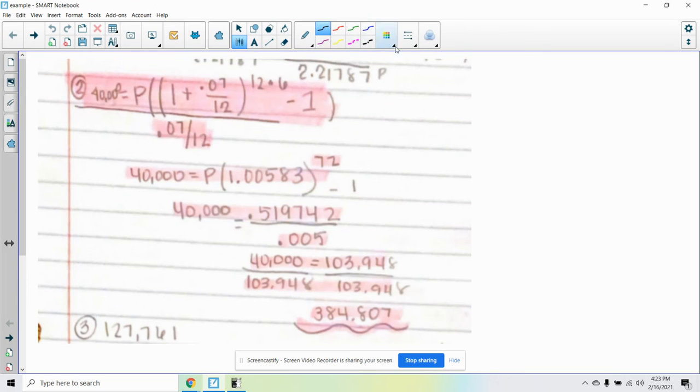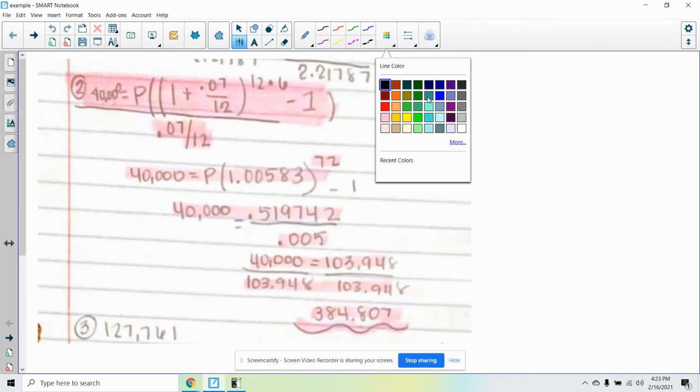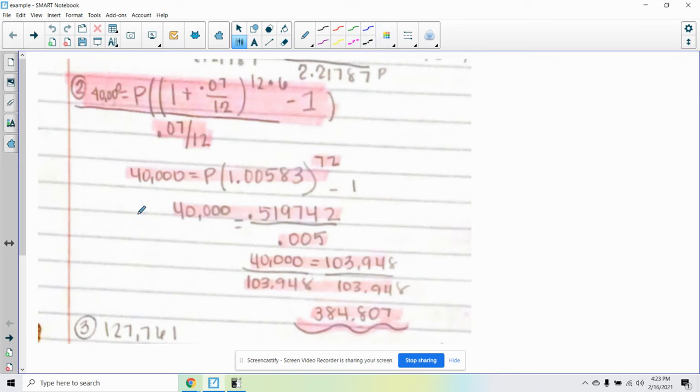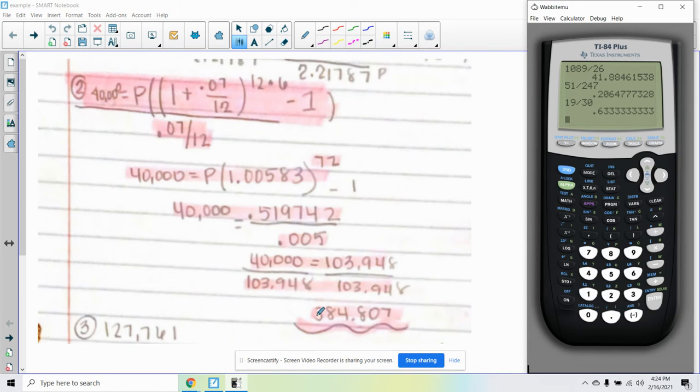Okay, this is number 2. So your work seems pretty good for the most part. I'll follow along with what you did just to show you where I had a little difference than you did. So I see the first thing you did was 0.07 divided by 12. That's good. Get that. And you added that to 1. That's good. That's where you get this